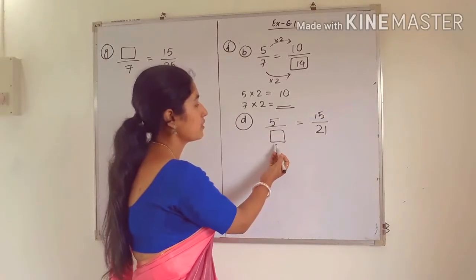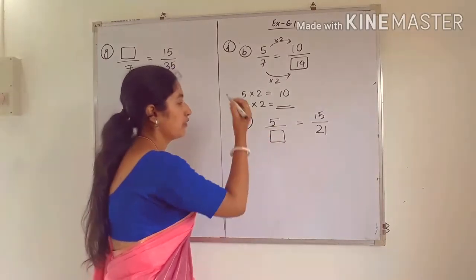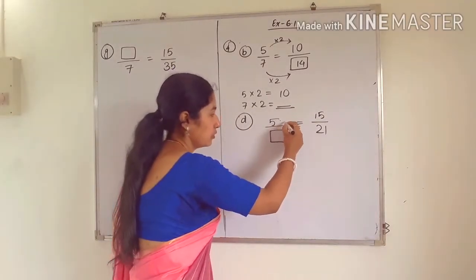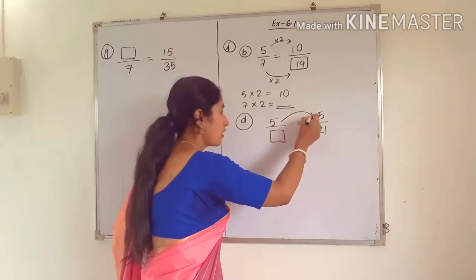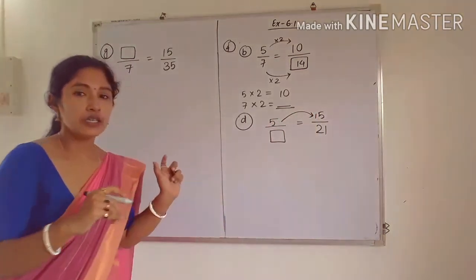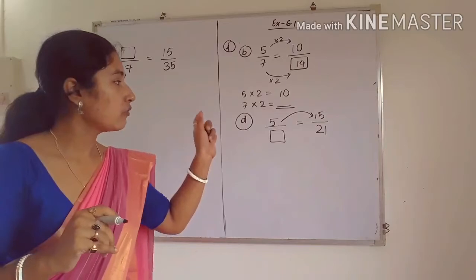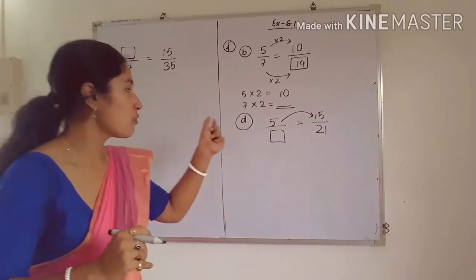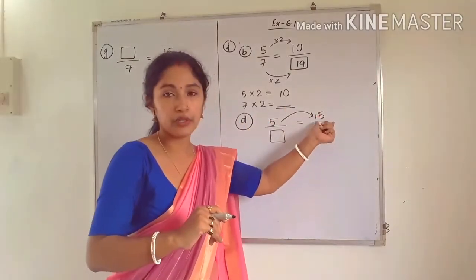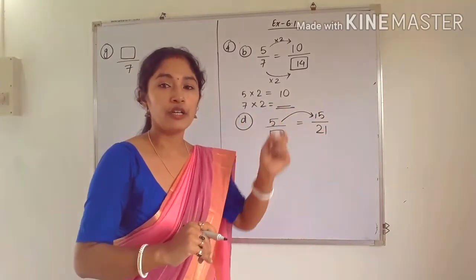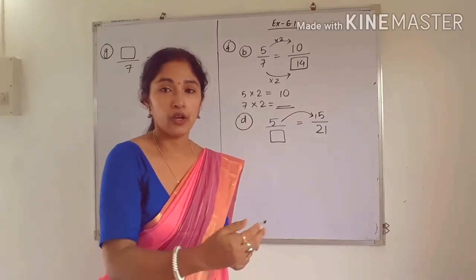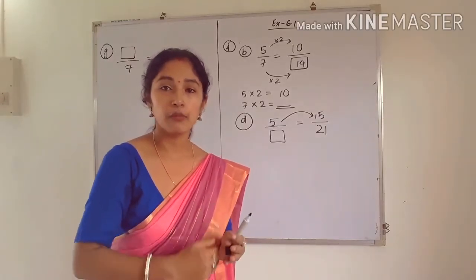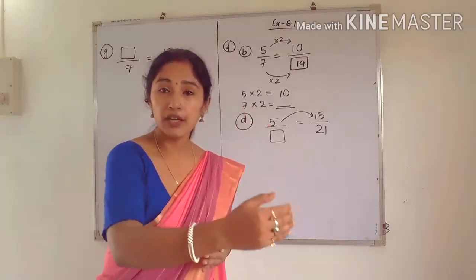So next, see, here the denominator is not given in number D. So 5 and 15 are both given, that means the numerator is given, that means 5 is converted to 15. Whenever a smaller number is converted to a bigger number, in numerator or in denominator, you can say that we are multiplying here, because whenever we multiply, the number changes from smaller to bigger, you know that.